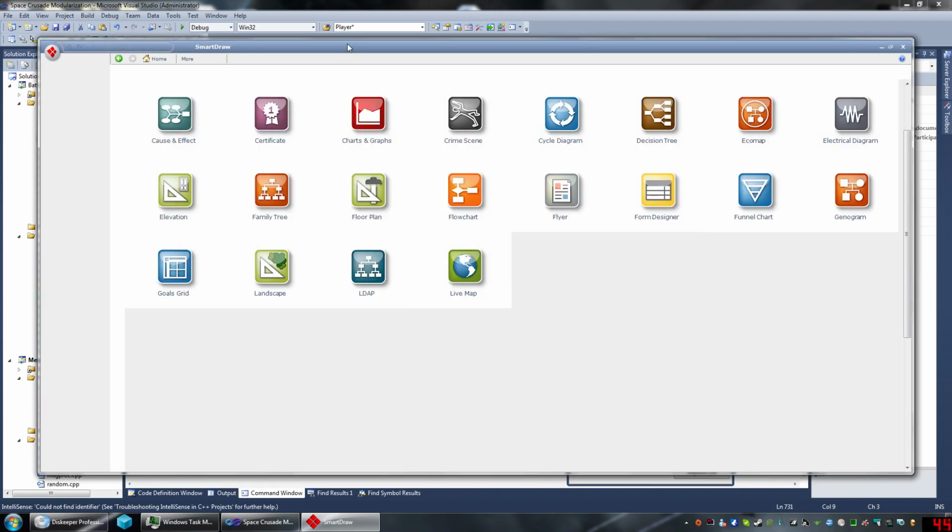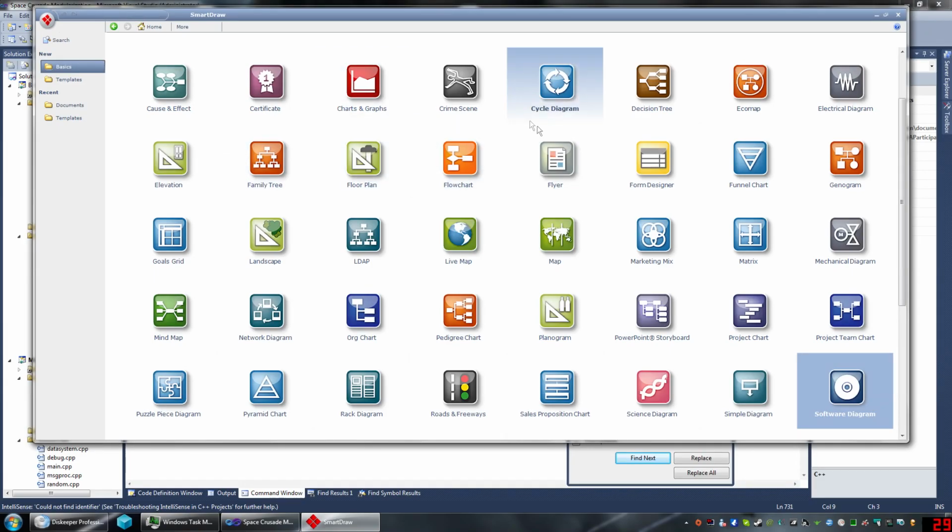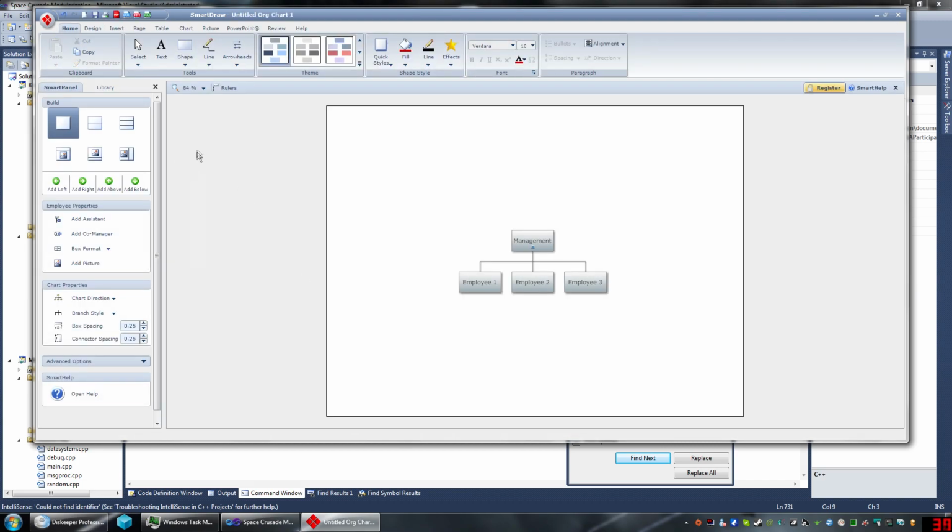So, let's see. Let's see, what do we need? Just trying to figure out what best would fit this. I guess we could do an organizational chart. Alright, so